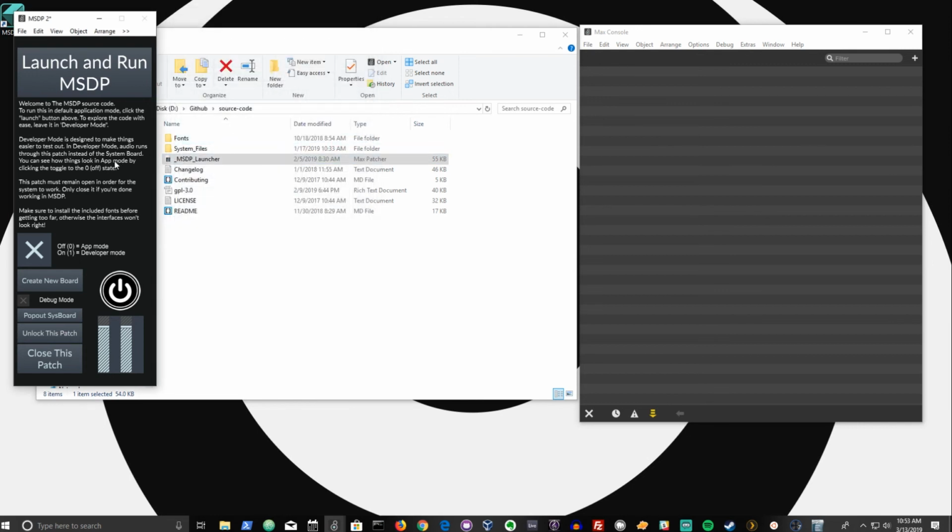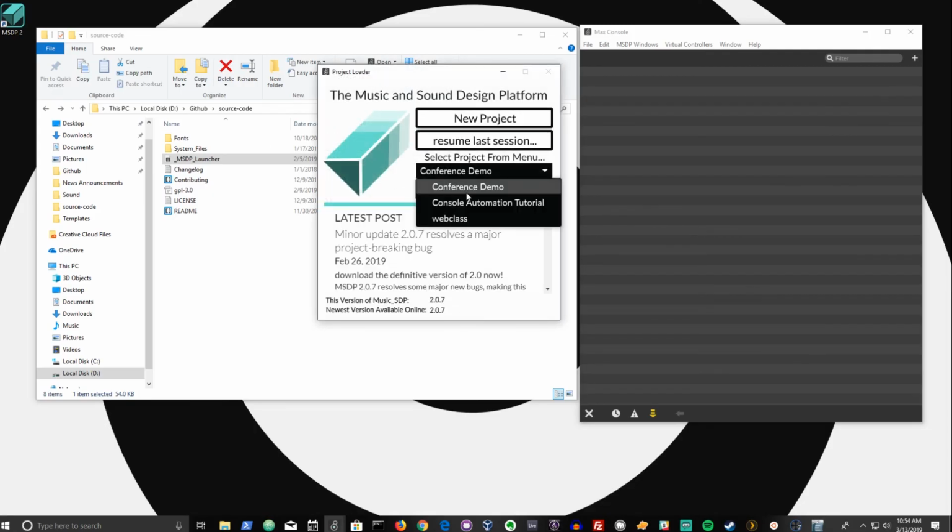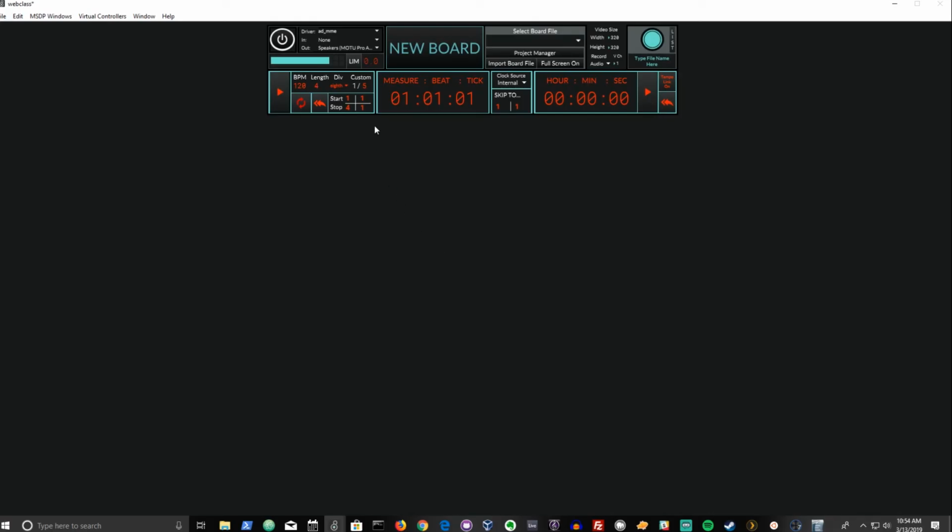However, if we do want to open up a project, we can use the developer console to access MSDP in a state that is equivalent to the application state. If we want to run the source code as the application, we can use this button at the top, which says Launch and Run MSDP. If we click on that, we'll get the project loader, and we can launch projects and work with them. In this state, MSDP will run just like it does in the application, so we can access the project manager,